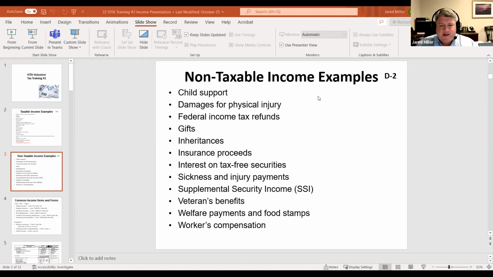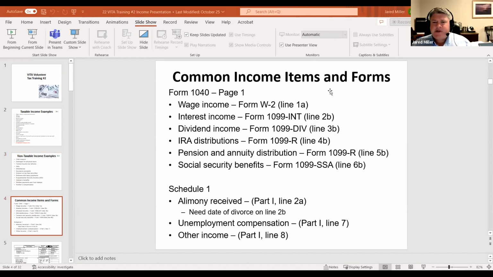Again, we talk about sickness, injury, supplemental security income, the SSI, certain veterans benefits due to disability are not taxable at the federal level. And again, workers' compensation, based on the fact that they are payments for the inability to work, would not be taxable. Now, where are these items going to fall? Once we get them entered into TaxSlayer, they're actually going to automatically go on the return and be presented for purposes of the tax return.